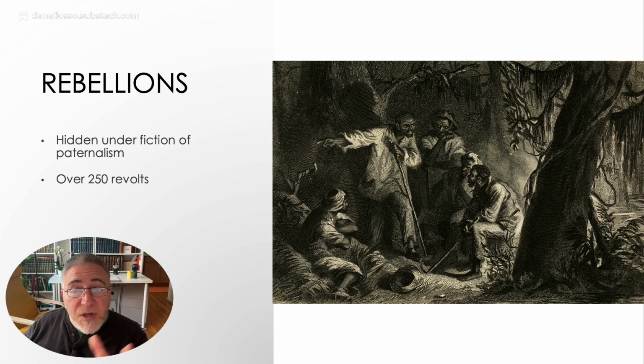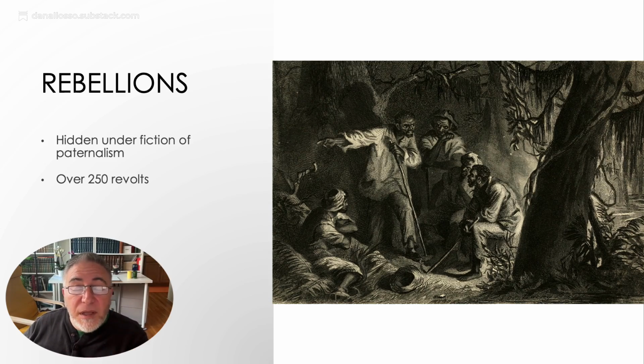Now, of the 250 revolts that historians have found, some of the important ones that happened in the British North American colonies or the U.S. included the New York Slave Revolt of 1712, the Samba Rebellion of 1731, the Stono Rebellion of 1739, which we talked about before, the New York Slave Insurrection in 1741, which wasn't really an insurrection but just an instance of paranoia, the Mina Conspiracy in 1791, the Point Coupé Conspiracy in 1794, Gabriel's Conspiracy in 1800, the Igbo Landing Mass Suicide in 1803, the Chatham Manna Rebellion in 1805, the German Coast Uprising in 1811, George Boxley's Rebellion in 1815, Denmark Vesey's Conspiracy in 1822, Nat Turner's Rebellion in 1831, which we'll talk about in a moment,